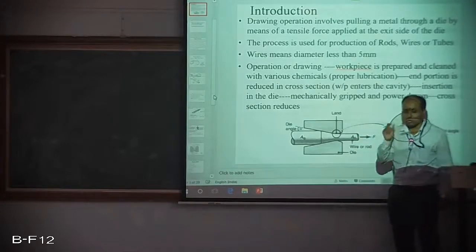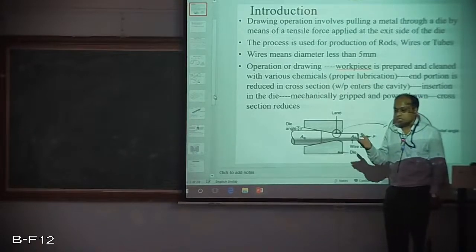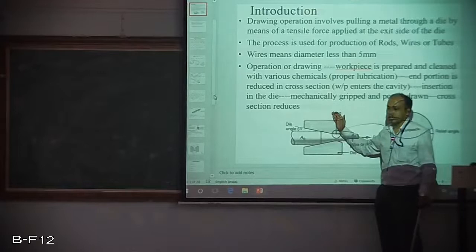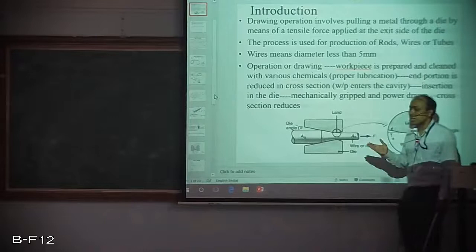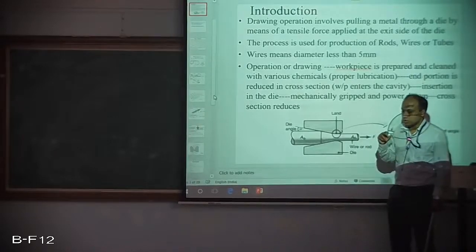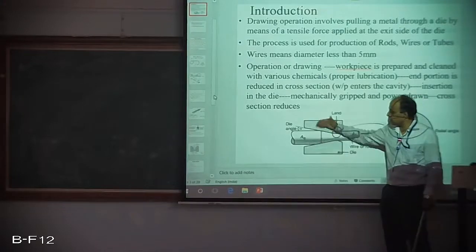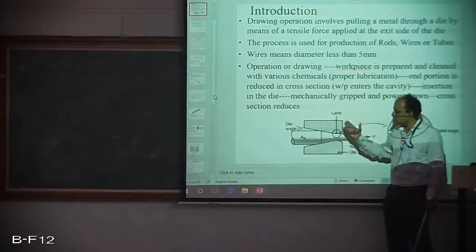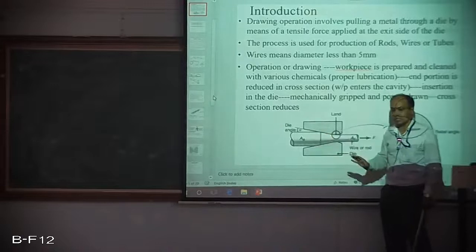But if you ask how I can increase cross-sectional area reduction in one step, by increasing the die angle. And how can I reduce friction? By increasing the die angle. That is there. But how can I reduce per step reduction? By decreasing the die angle. If you decrease the die angle, the per step reduction will be reduced. So we need to play with the die angles, that's why it is very, very crucial. Approach angle or half die angle is very, very crucial.